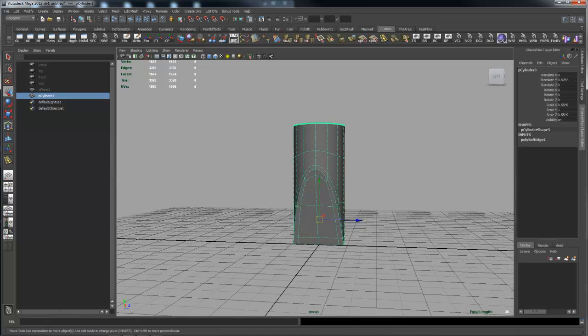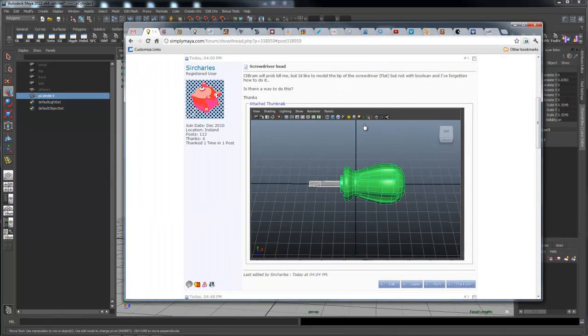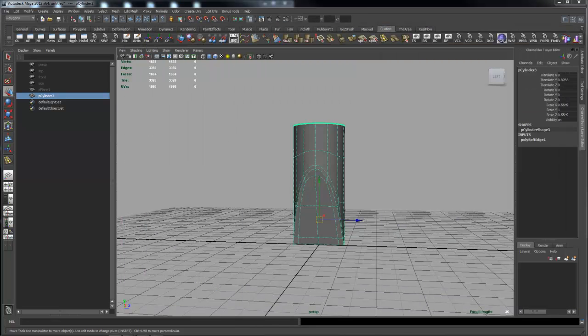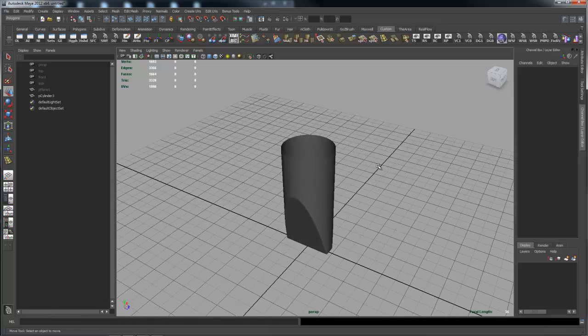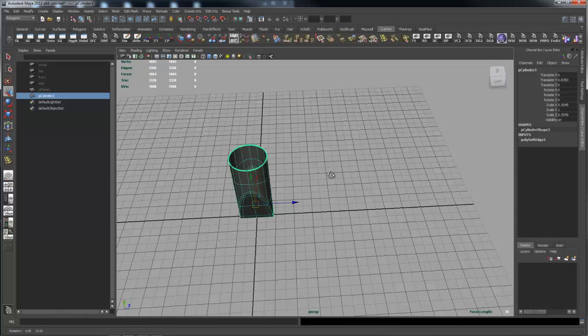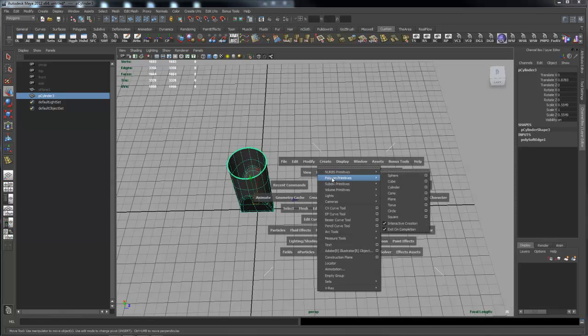Actually, one of the other users, I want to give credit where credit is due here. Bullet suggested the way that I would do this without using a Boolean, and that is just the cut faces tool. So let me show you how I modeled this right here using that technique that Bullet suggested. So the first thing I'm going to do is come in here and create a polygon